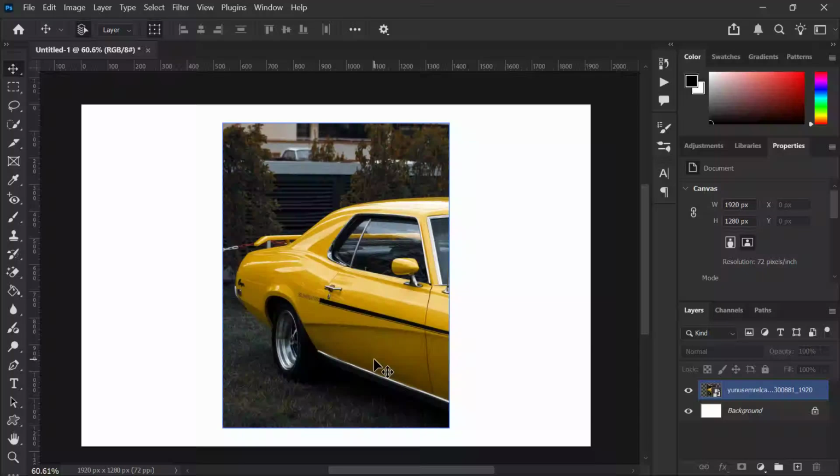In today's video, I'm going to show you exactly how to flip an image or a single layer in Adobe Photoshop. This is a quick but incredibly useful trick, whether you're fixing a mirrored photo, creating reflections, or adjusting design